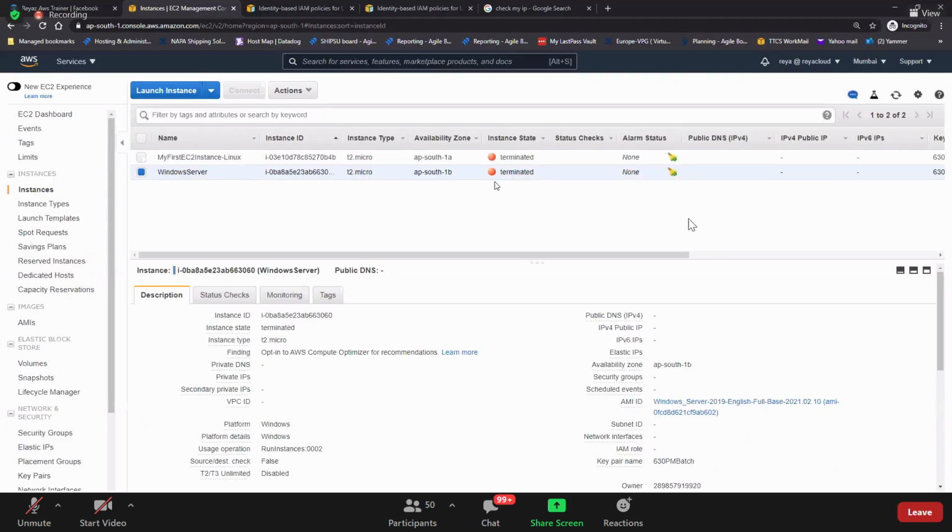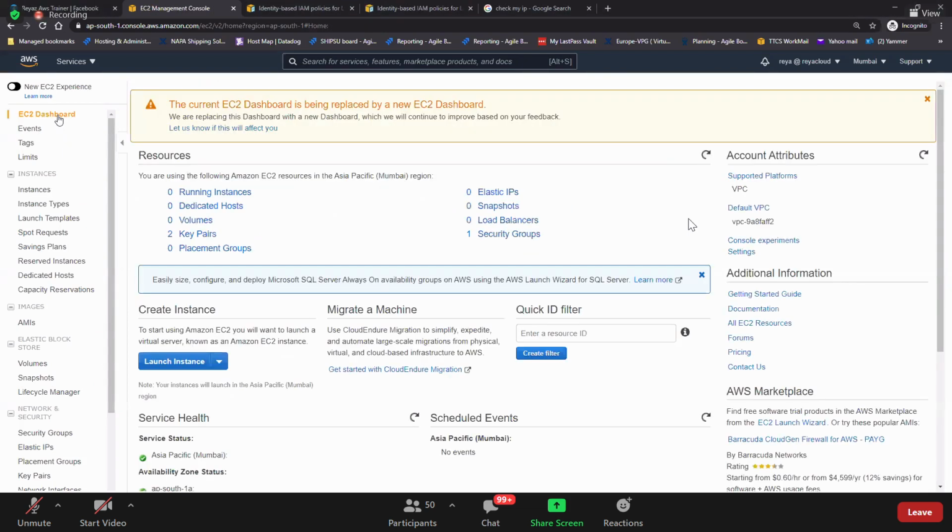So guys, once you see now here, everything is terminated, right? So go to the dashboard. The final step is to go to the dashboard. Everything should be 0 except your security groups and key pair. EIPs are 0. You need to disassociate and release them. So once you've done everything, come to the dashboard and see everything is 0 except security group and key pair. Key pairs, don't delete them. Just keep them like this. They will not be charged.